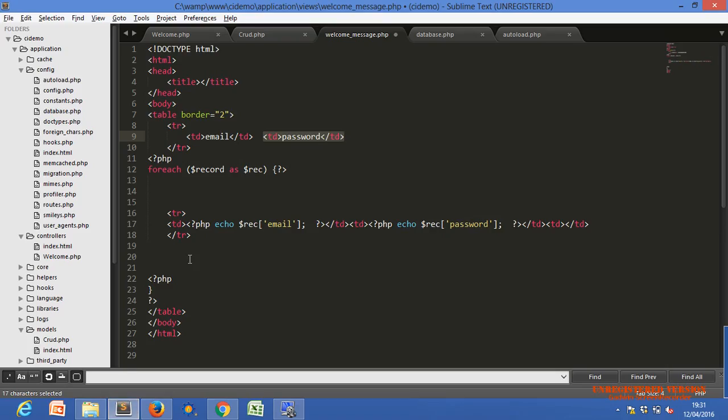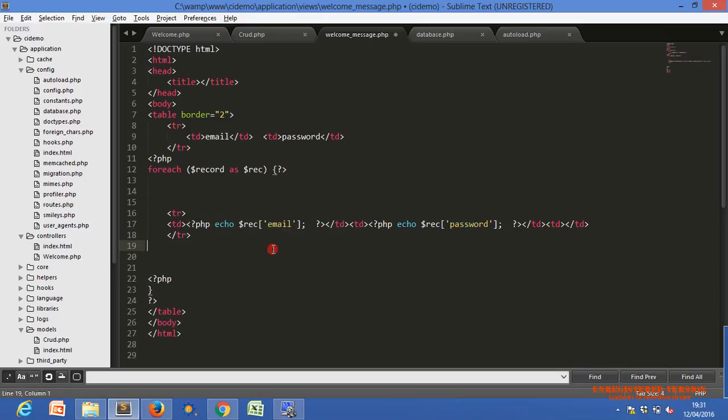Next we have used a PHP code. We didn't echo anything here, we just use a for each loop. PHP start, PHP end, and we started a for each loop, and we end our for each loop here. Can you notice that? Within the PHP tag we are not able to use HTML coding. That's why we have to end the PHP tag. Yes, within the HTML code we can use PHP.